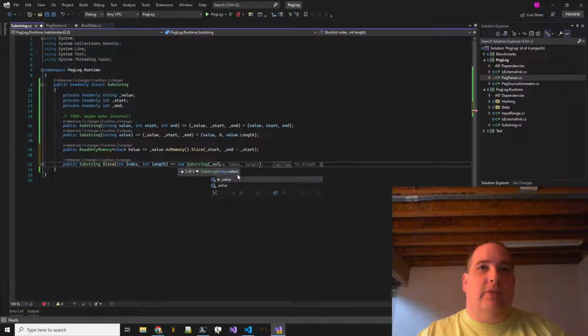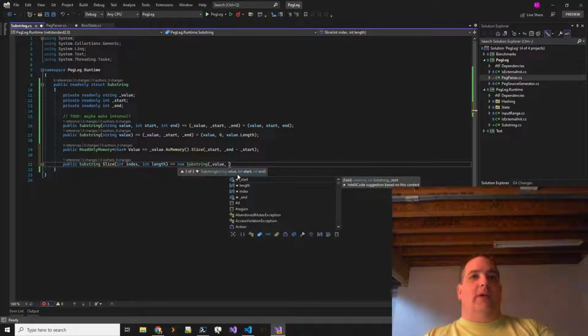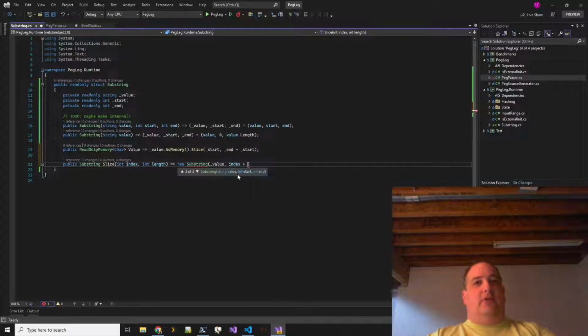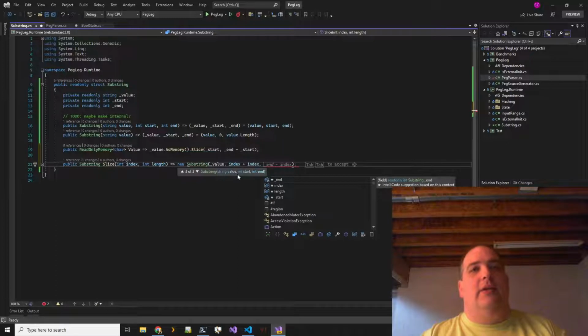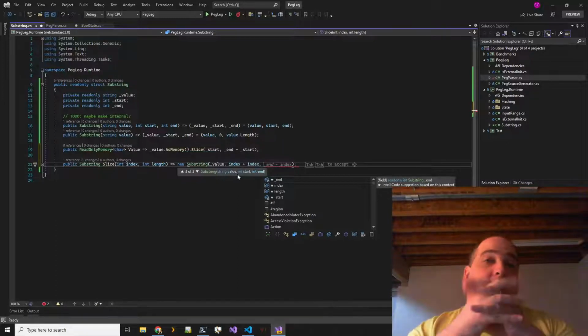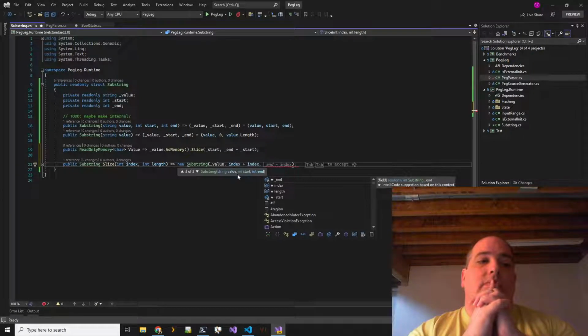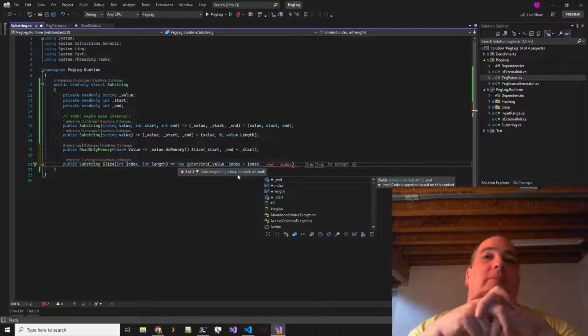And this is going to be with the same value, but the index is now going to be offset by the new index, and the ending value, yeah, this is where it gets kind of awkward. So IntelliSense is saying end minus index.